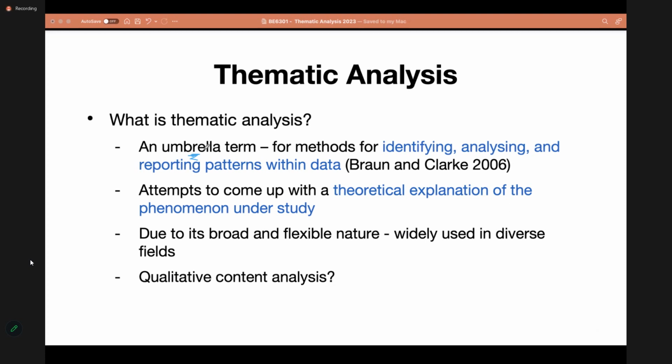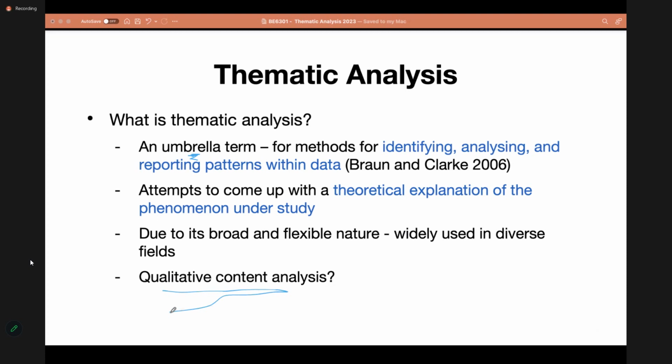So what you want to try and do at the end of the day is to come up with a theoretical explanation of the phenomenon that you're studying. This is a very widely used qualitative data analysis technique, and sometimes people even refer to this as qualitative content analysis.